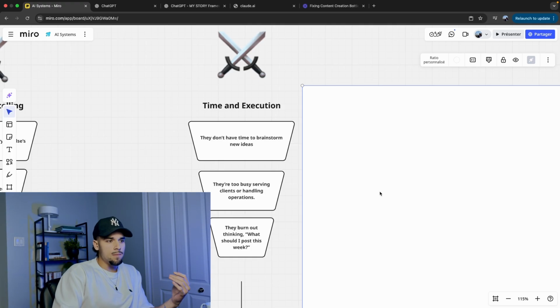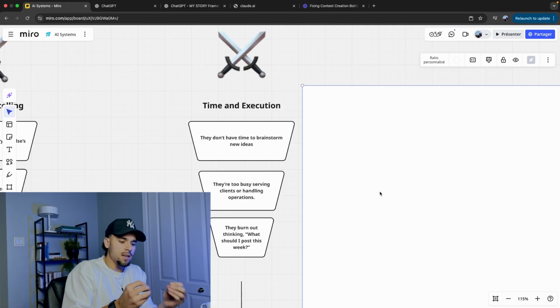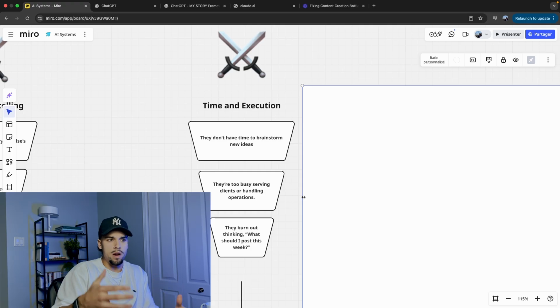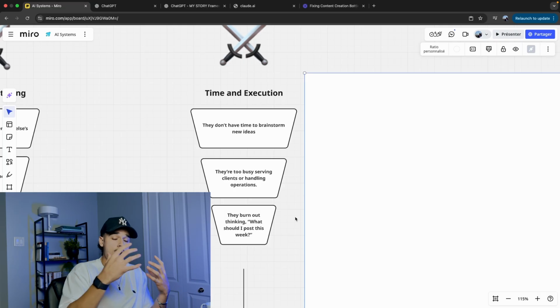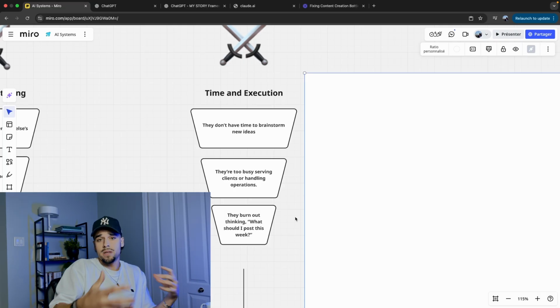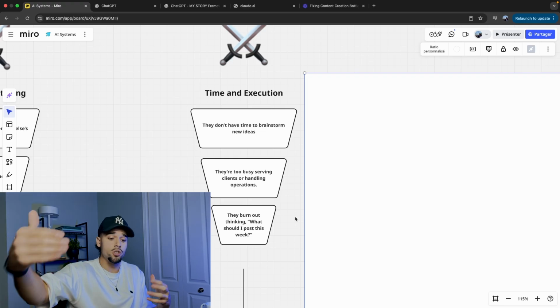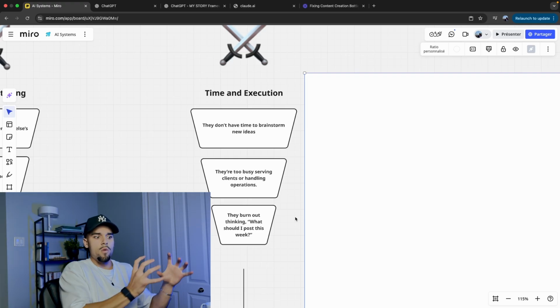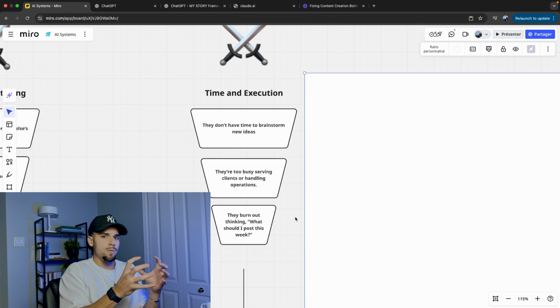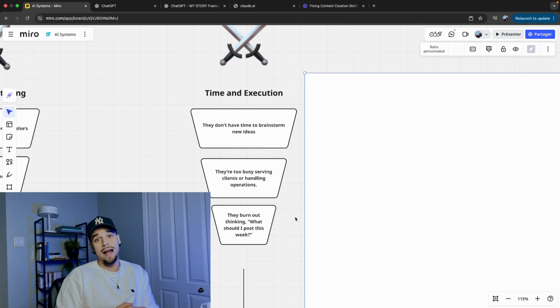So basically, yeah, I think it's the biggest bottleneck I see in the space, because they just don't have time to brainstorm new ideas. They're too busy serving clients or handling operations. For sure, as a business owner, you just want to focus on serving your clients. So a lot of people just give away the content creation space. But in 2025, in the attention economy, you need to post content. It's a no-brainer. You can't neglect it,